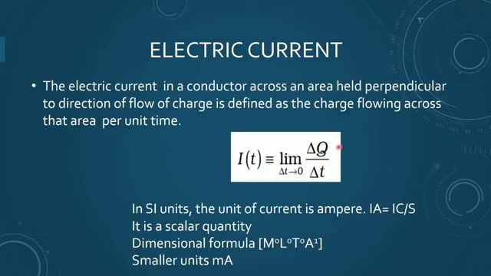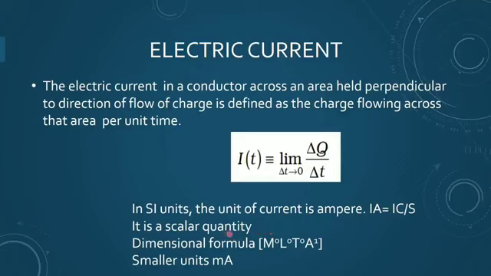When I'm talking about charge flowing per unit time, the unit you have already studied in class 11 in the fundamental units, the SI unit for current is ampere. If you are asked to define 1 ampere, you can say that if 1 coulomb of charge is flowing through a conductor for 1 second, then the current flowing through the conductor will be 1 ampere. Of course, it has some direction, but still it is a scalar quantity because it is added or subtracted by following the simple methods of algebra.